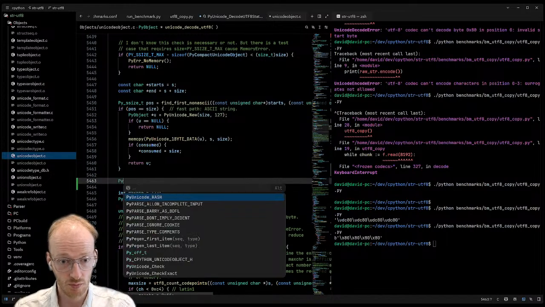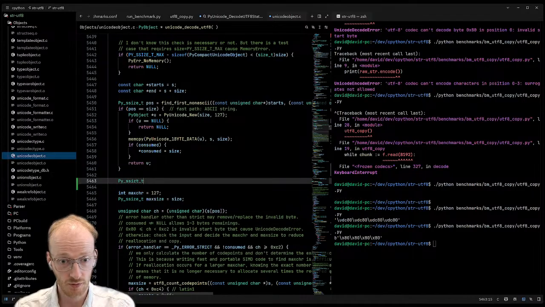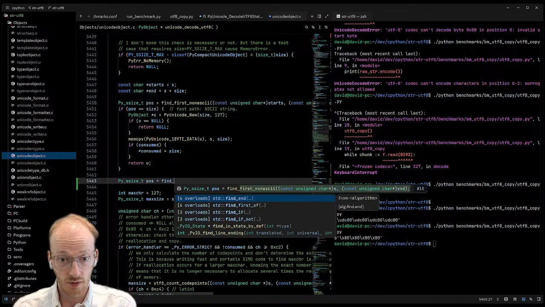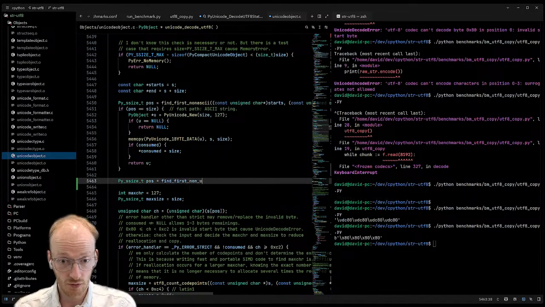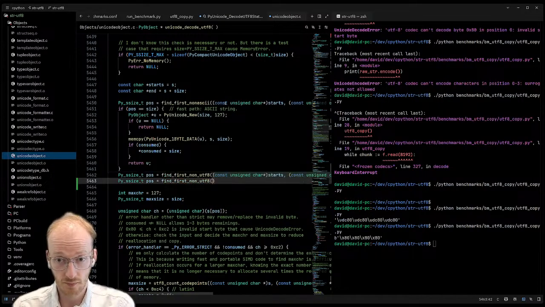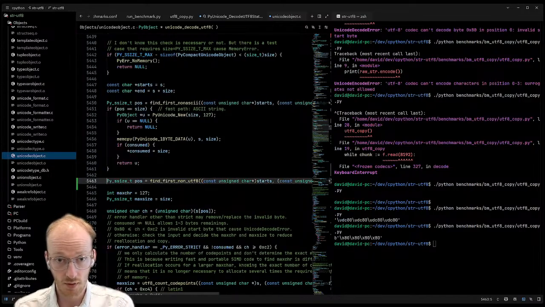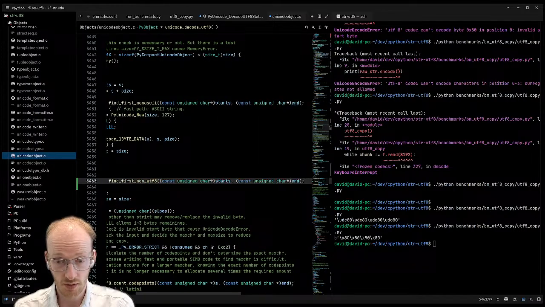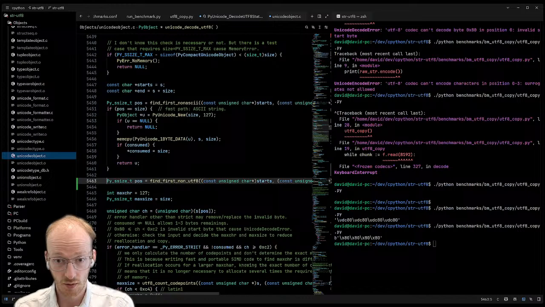So what we do have is a new size, find first non-UTF-8. Which I guess is going to be something like this.